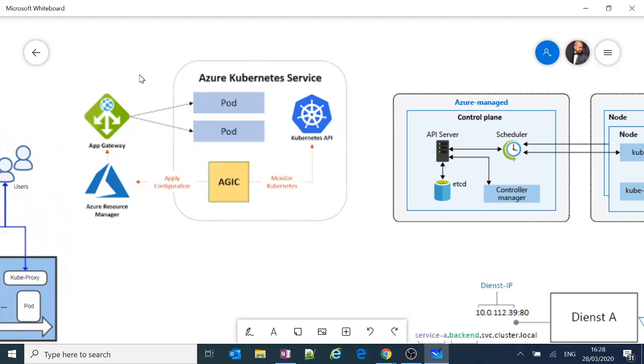DNS mapping: if you use a certificate or you need to do a DNS mapping, you can use DNS providers like GoDaddy, or you can use Azure DNS itself, to map your particular service which is running inside your container, inside a pod, exposed outside to the world.